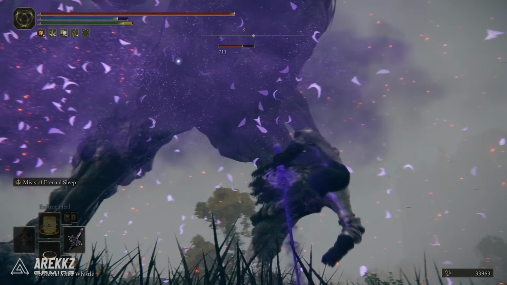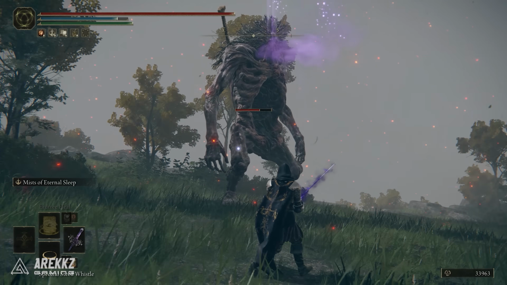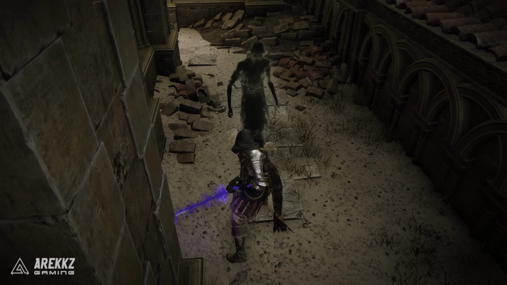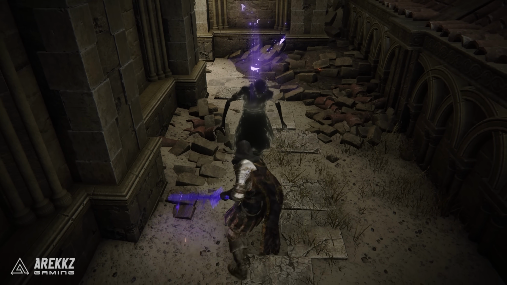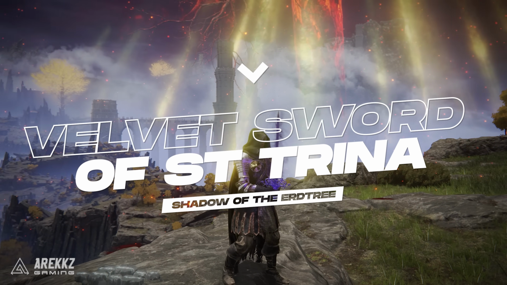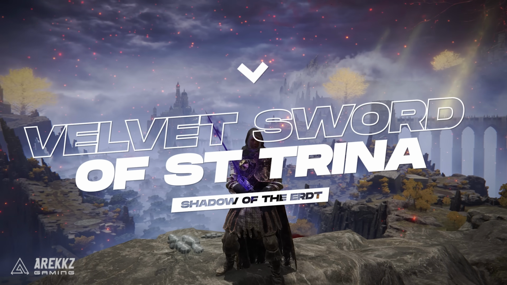Hey guys, it's Paradise, and if you want to put enemies to sleep, you need to do this. In the Shadow of the Erdtree DLC, there's a new weapon that comes with a new status effect called Eternal Sleep. In this video, we're going to show you how to get the Velvet Sword of St. Trina, an awesome looking straight sword, and we'll let you know the difference between the standard sleep and the new